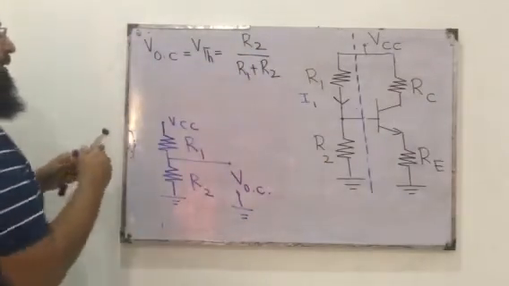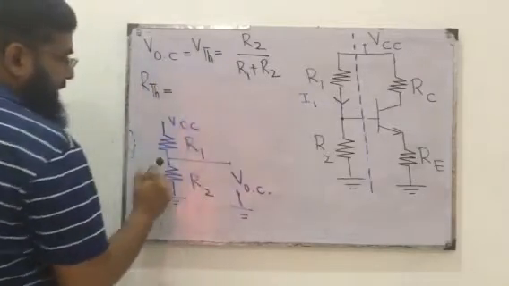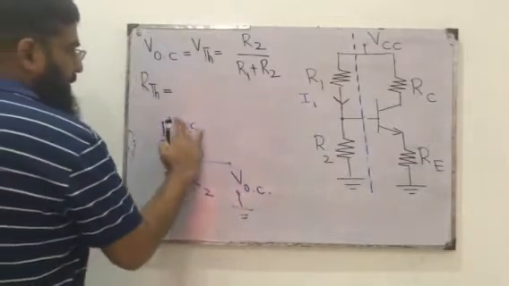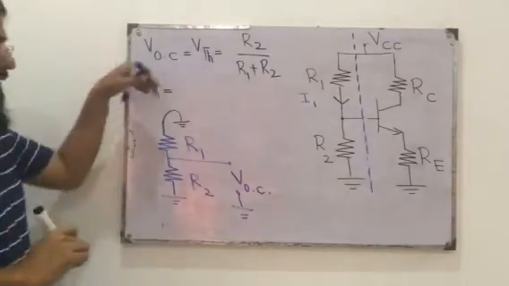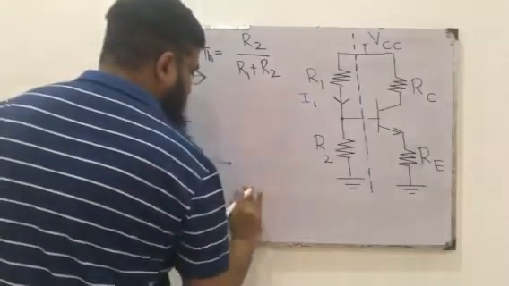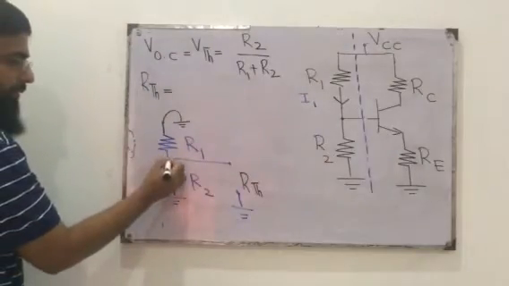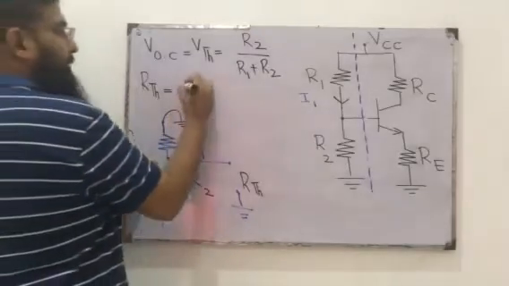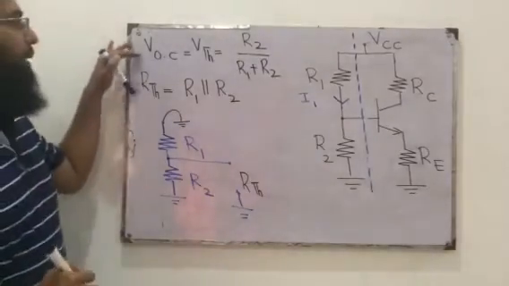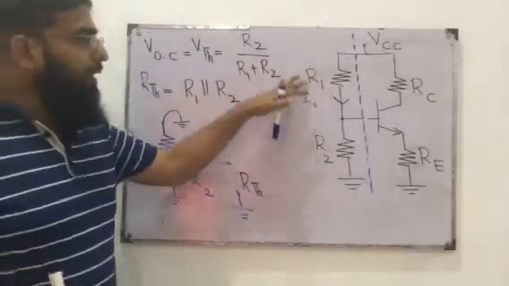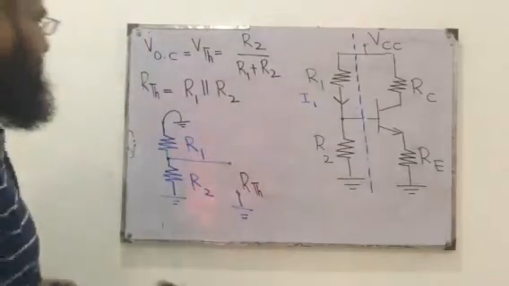The other thing that we compute for Thevenin's theorem is RThevenin. In order to find it, we consider this voltage source to be 0 volts, which means it's connected to ground, and we calculate RThevenin at these open ends. So R1 and R2 appear to be in parallel with each other. Therefore, RThevenin is R1 in parallel with R2. Now we have VThevenin and RThevenin, which is the equivalent of the remaining circuit. The last step for Thevenin's theorem is to put the load back.